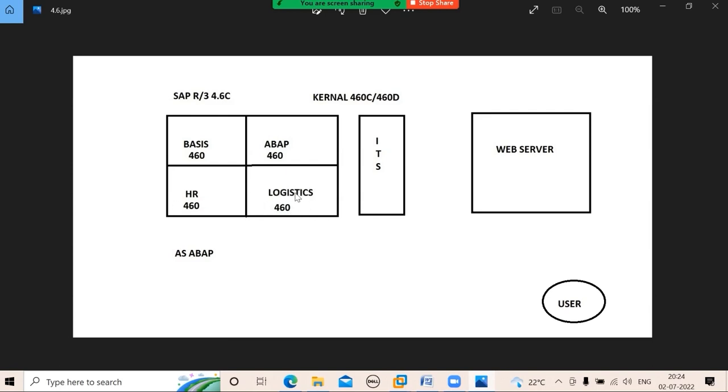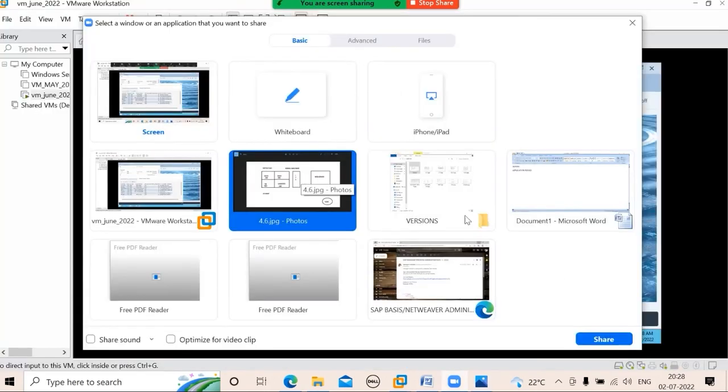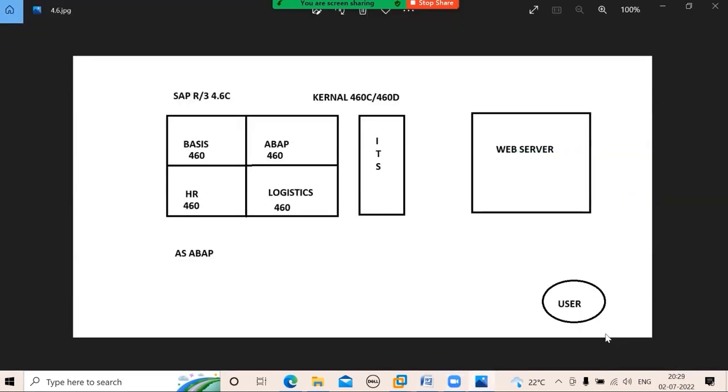So these two, HR and logistics, belong to business. You can do business by using these two modules. But by using these two, can you do the business? No. These two are related to your software. These two are related to your business. Remember that thing first. So it was only application server.